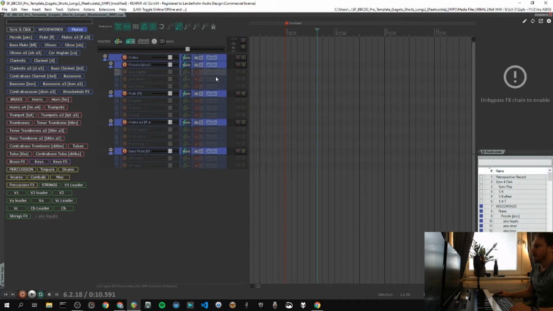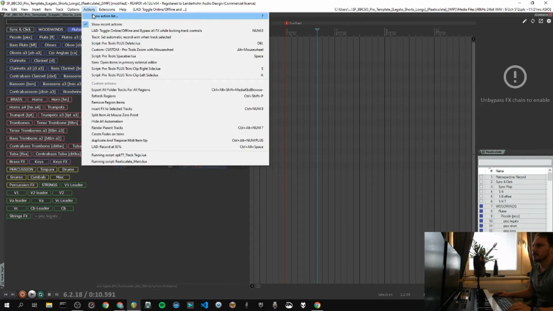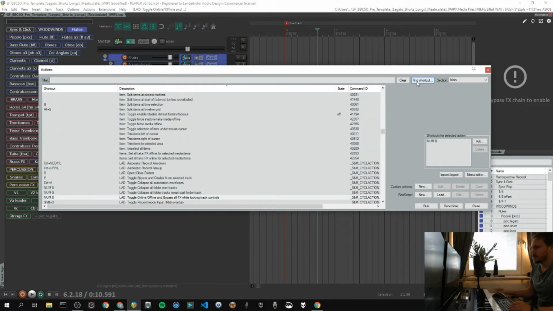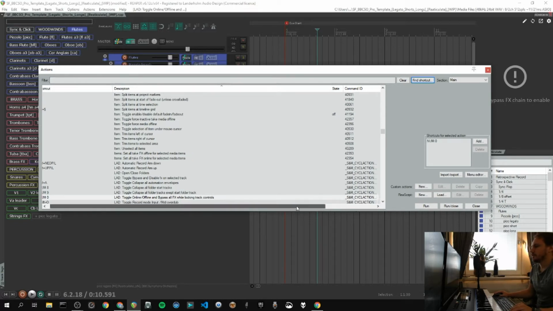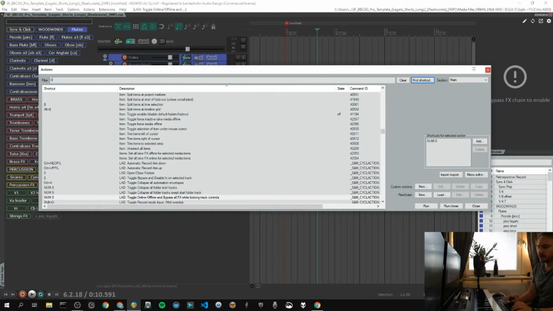So how I enable and disable is with a custom key command and custom script that I did. I will show it to you straight away, which is in Actions, Show action list. And here's where all the key commands live and all your actions live. So let's say I try to find my shortcut, which is toggle online, offline, bypass all effects while locking track controls, which is a mouthful, but you can see that it's a cycle action. And if we go to cycle action,